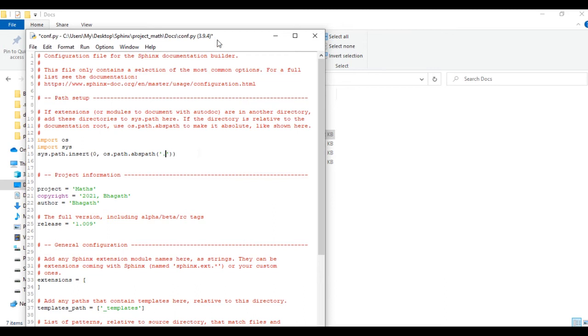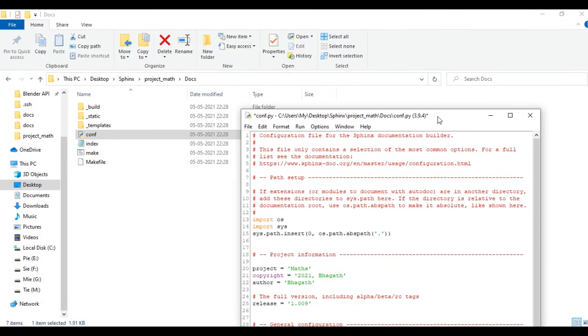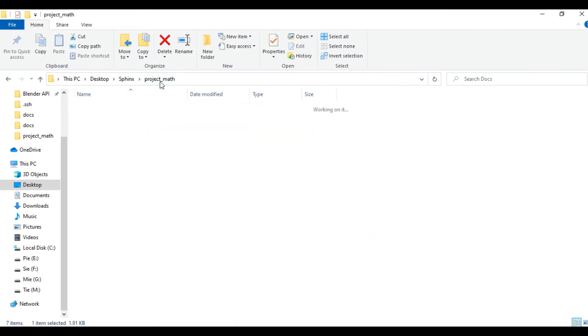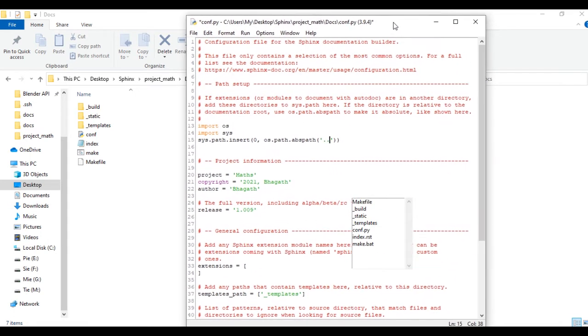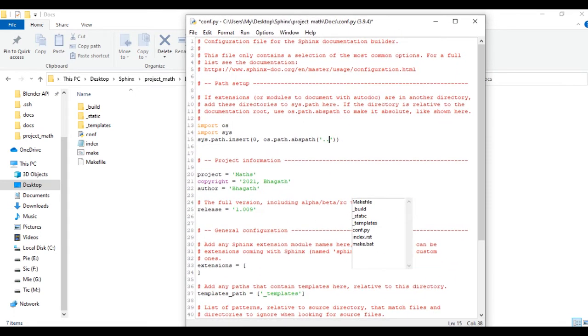This conf.py is in docs, but our code is in one folder above our docs, so we have to put double dot here. Single dot means current directory and double dot means the directory above.